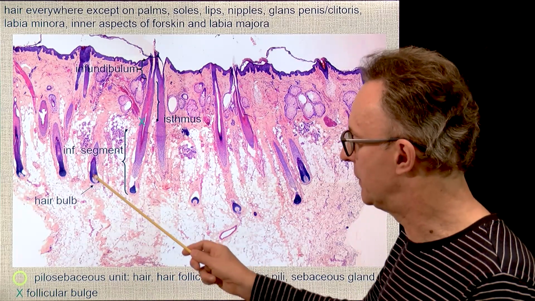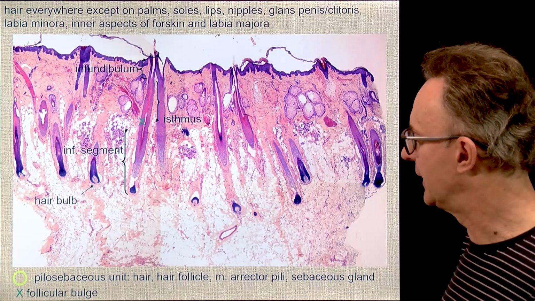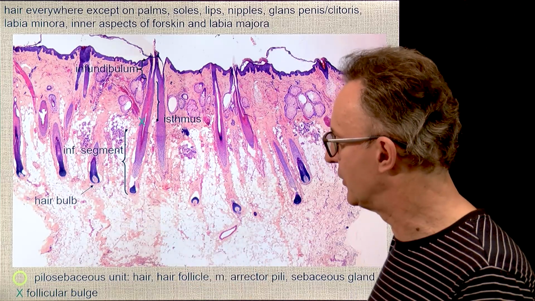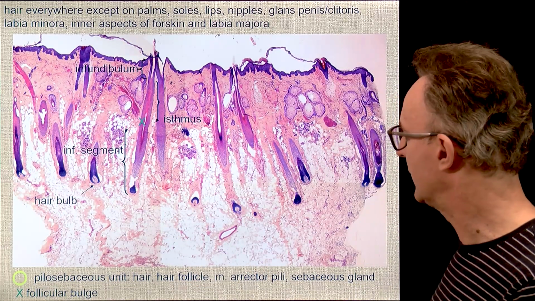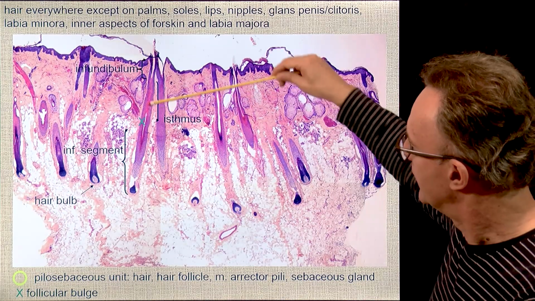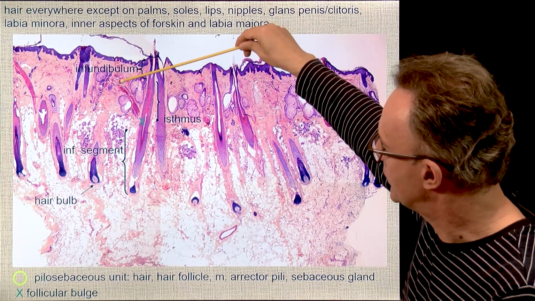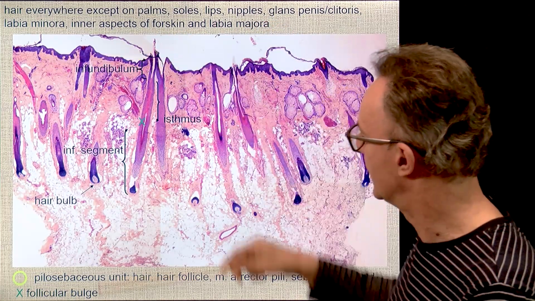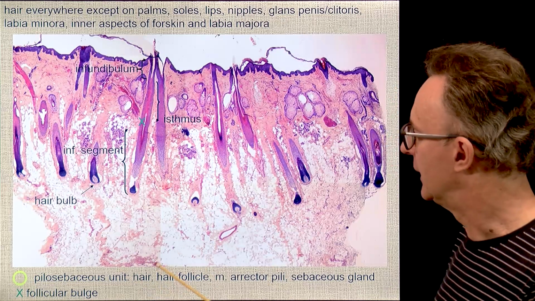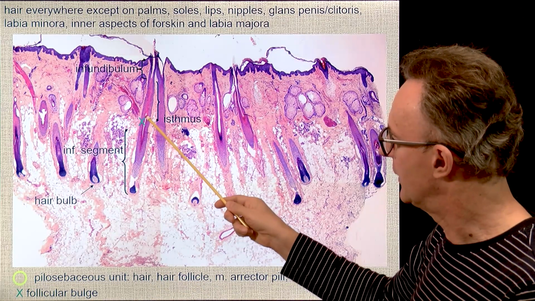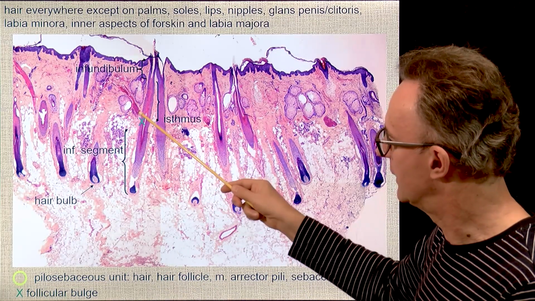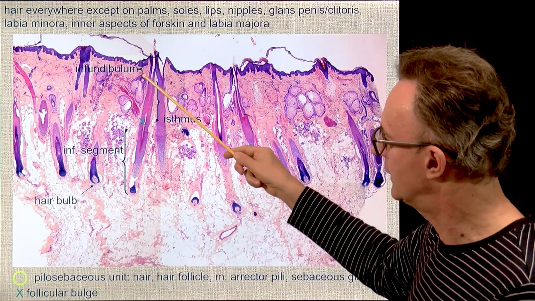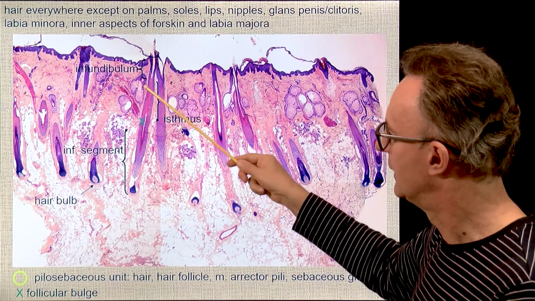This is the dermal papilla, which provides the blood supply of the germinative matrix around. With higher magnification we are able to see it later. And you see, in a special angle, a tiny smooth muscle, the arrector pili muscle, where it joins to the hair follicle, and they form together with the hair follicle an angle where you see the majority of the sebaceous